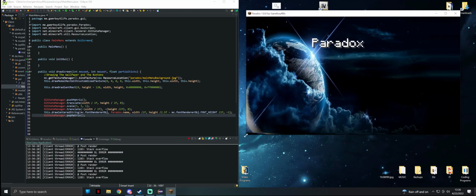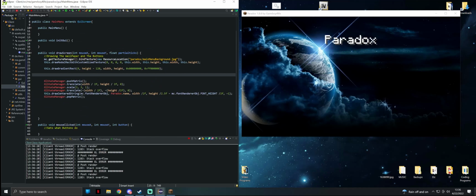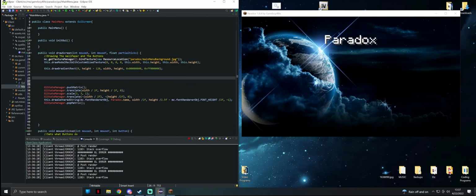So now we need to add our buttons in. So for this, we're just gonna come up here. I'm gonna make a string array using the brackets, so you can do a lot of them. So buttons, this will equal, we'll make a button for single player, we'll make a button for multiplayer,